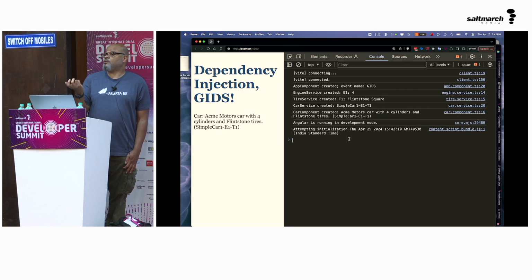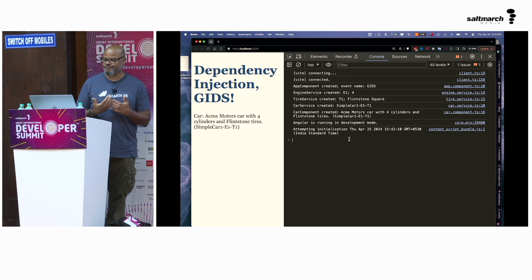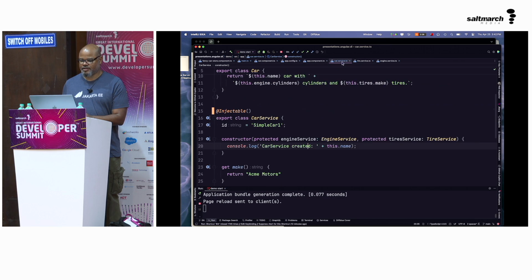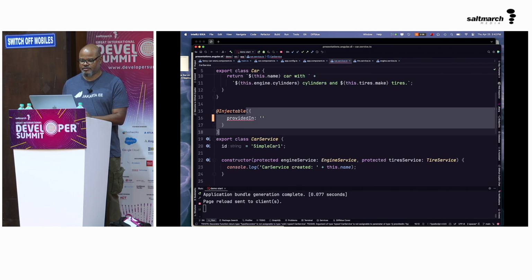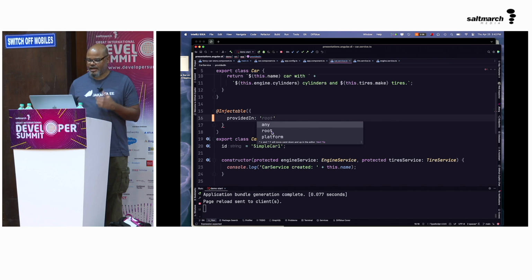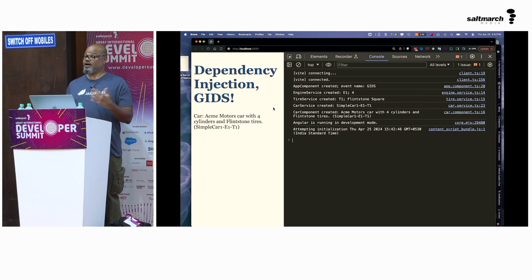In some cases, you may not want to have it because you want the application to decide where that particular service or object is instantiated. Okay. Now let's walk this back, and let's see what happens, where else can I put this? So I can put it in any. So let's see what happens if I put it in any. Okay, wow, works. That makes sense.